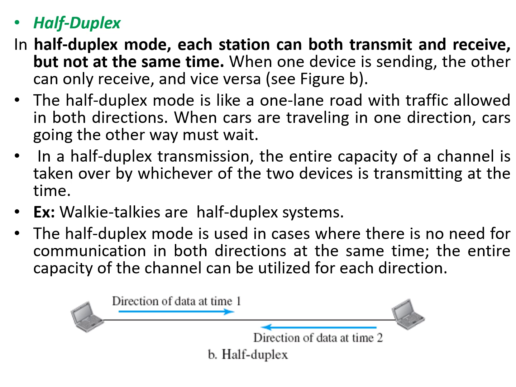The best example for this you can consider is the walkie-talkies. In the case of a walkie-talkie, the person who is talking can transfer the information, the other can only listen, and information cannot be exchanged simultaneously between the two ends. The half duplex mode is basically used in cases where there is no need for the communication to happen in both directions at the same time. And also the entire capacity of the channel can be utilized for each direction separately.